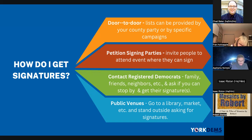And typically, unless it's a candidate focused event, typically those other events are going to have petitions for everyone. So when the party hosts an event, we are going to have every petition available so that folks can come in and sign for whoever they want. We'll have designated volunteers to watch those petitions, those types of things. So yes, that's absolutely, to Michelle, to your point, that is where multiple candidates can be at one time to get their petition signed. And then, of course, to John, to your point,